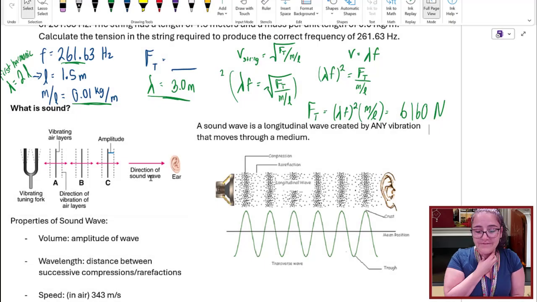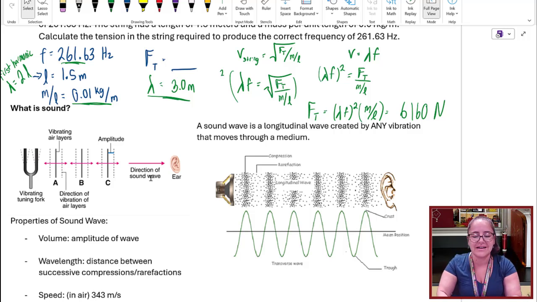Now, my vocal cords can create the sound, but any vibration can create a sound, whether you're drumming on something, or snapping your fingers and vibrating that air. Anything can create a sound. And again, it is a